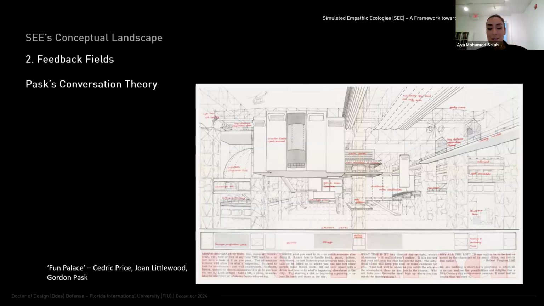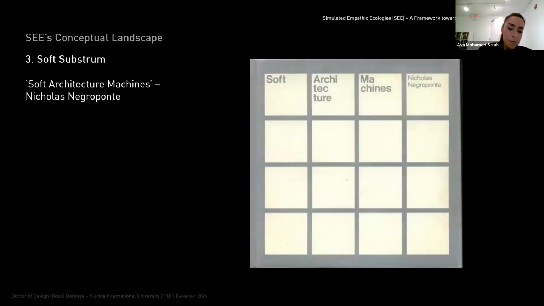So in a way, Fun Palace embodied this experimental ethos, proposing a model for the built environment as an evolving and adaptive system, not a static artifact, but one that could be a catalyst for human engagement. I'm gliding through the layers a little bit here. I go into more depth in the dissertation, but I do want to get to the heart of the matter. But it's extremely instrumental to mention these important figures and thinking perspectives.